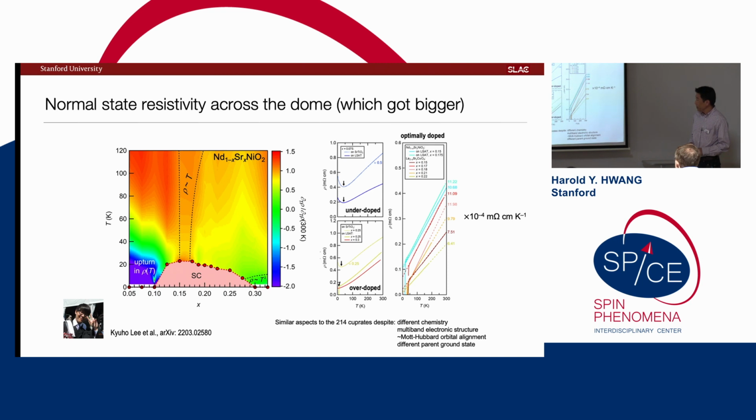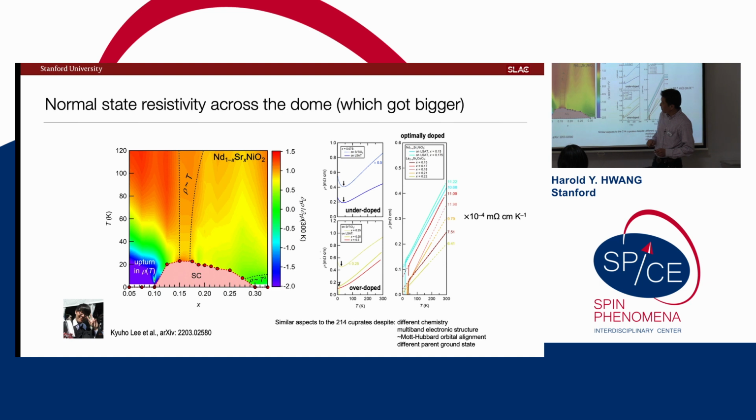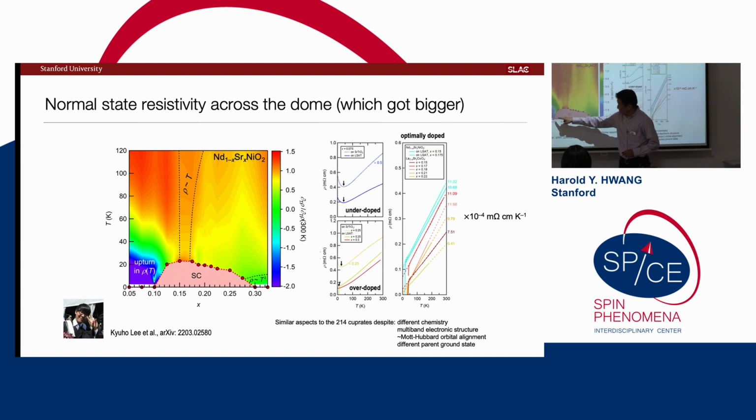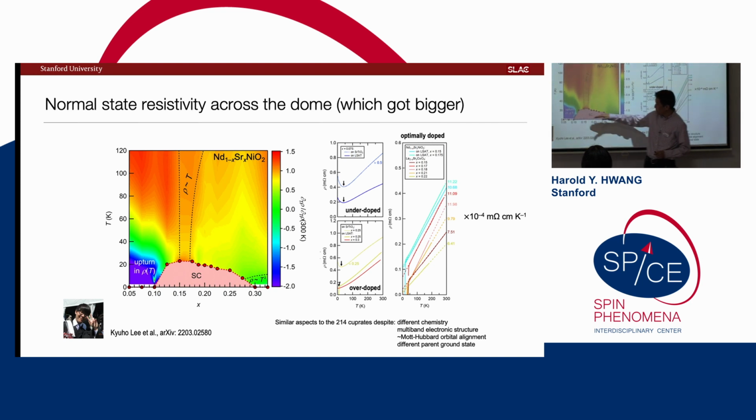And so let me just take one slide to give you a snapshot of some of the things we're finding. So this is looking across a doping phase diagram using this kind of compromise in terms of the lattice strain. And this is a normalized slope of the resistivity, just to give you a sense of things. So the first thing is the superconducting dome has grown quite a bit, right? So TC is now pushing on the scale of 20 Kelvin or so. The dome has widened out. And actually, if I didn't label this and let's say get the TC up to here, this is almost identical to the 214 cuprate dome.